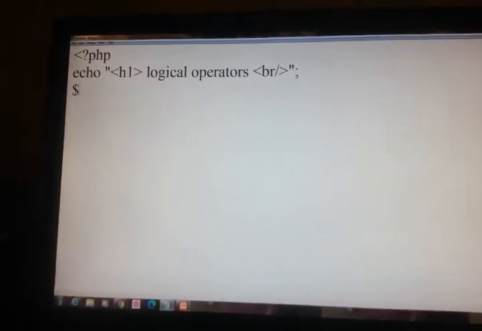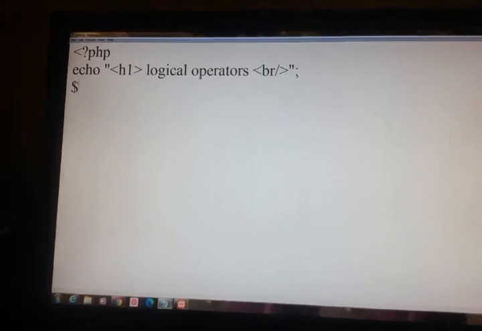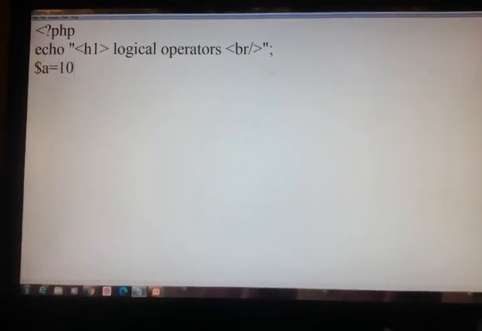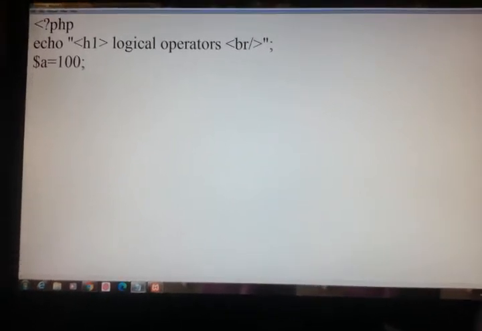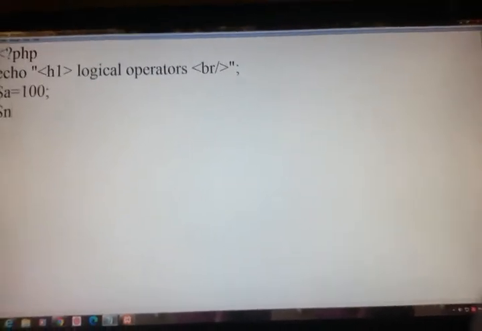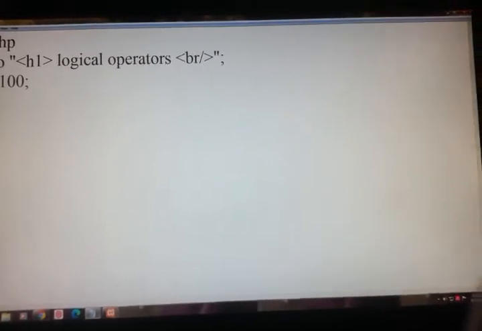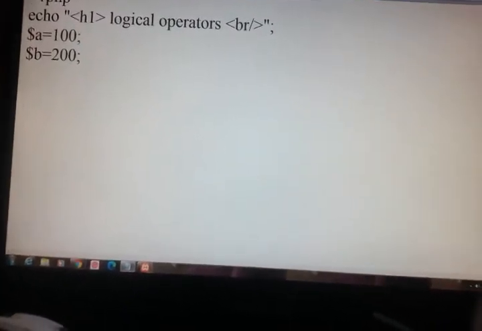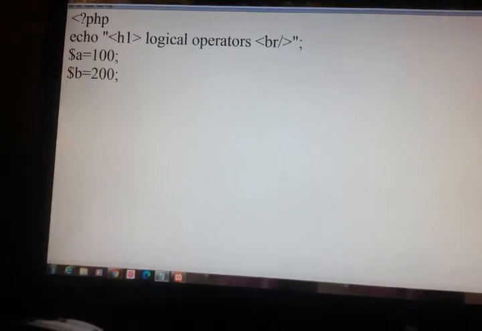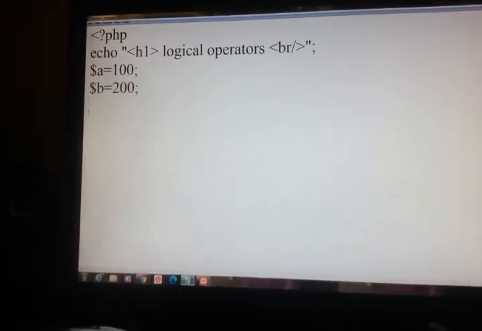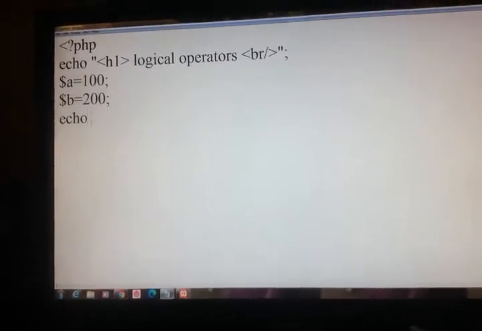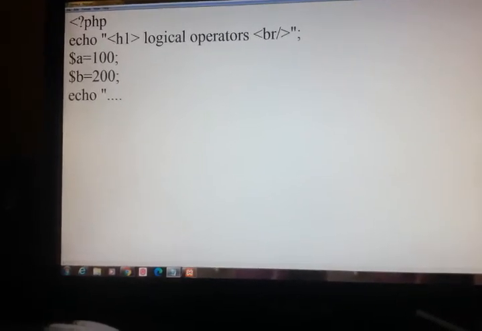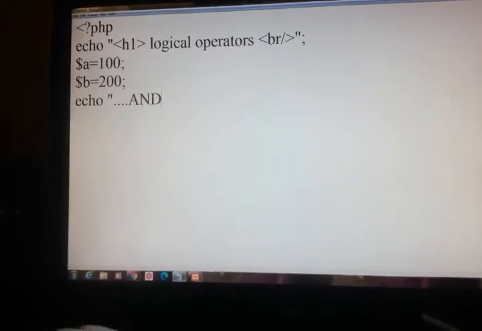Then dollar A is equal to 100, dollar B is equal to 200, echo. And we are seeing now